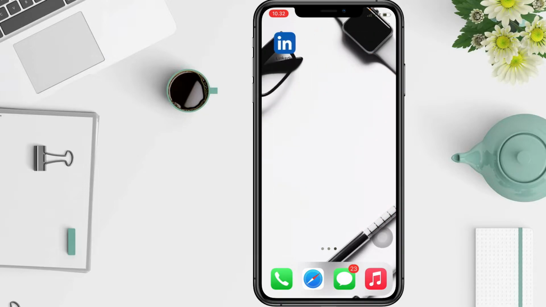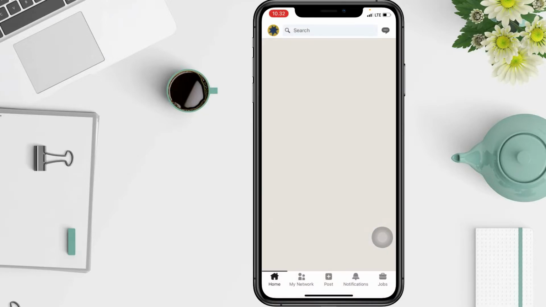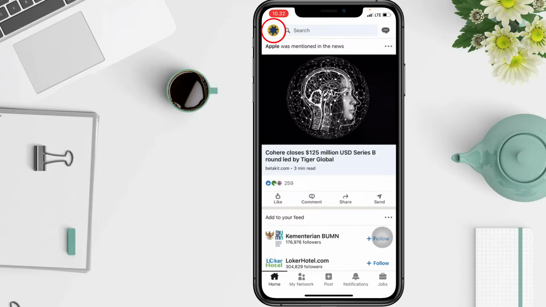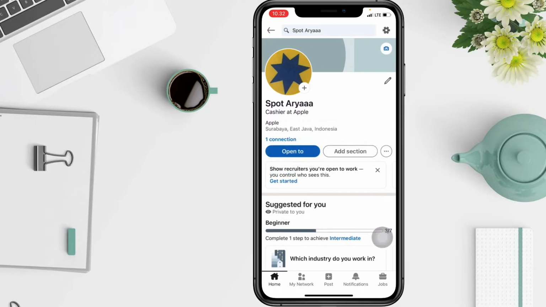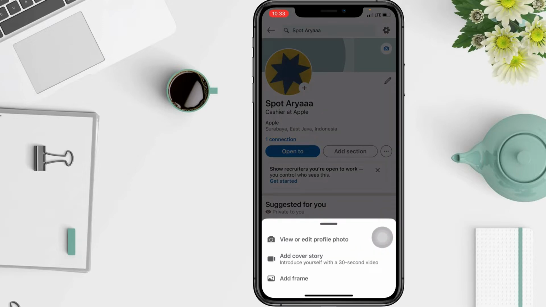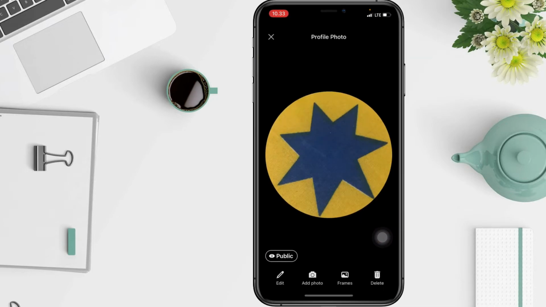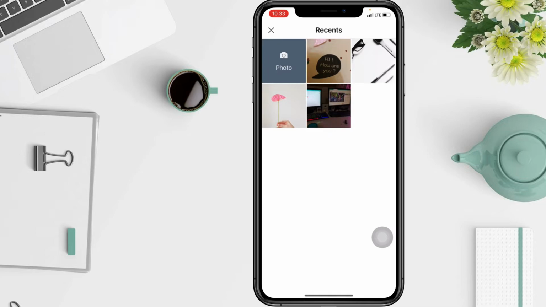First thing first, you have to open your LinkedIn account and tap on the Me icon at the top of your LinkedIn homepage and tap View profile on it. Then click the plus button on your profile here, and you can tap on view or edit profile photo. And in this page you have to tap add photo here and select the photo you want to make your profile picture. I use this one